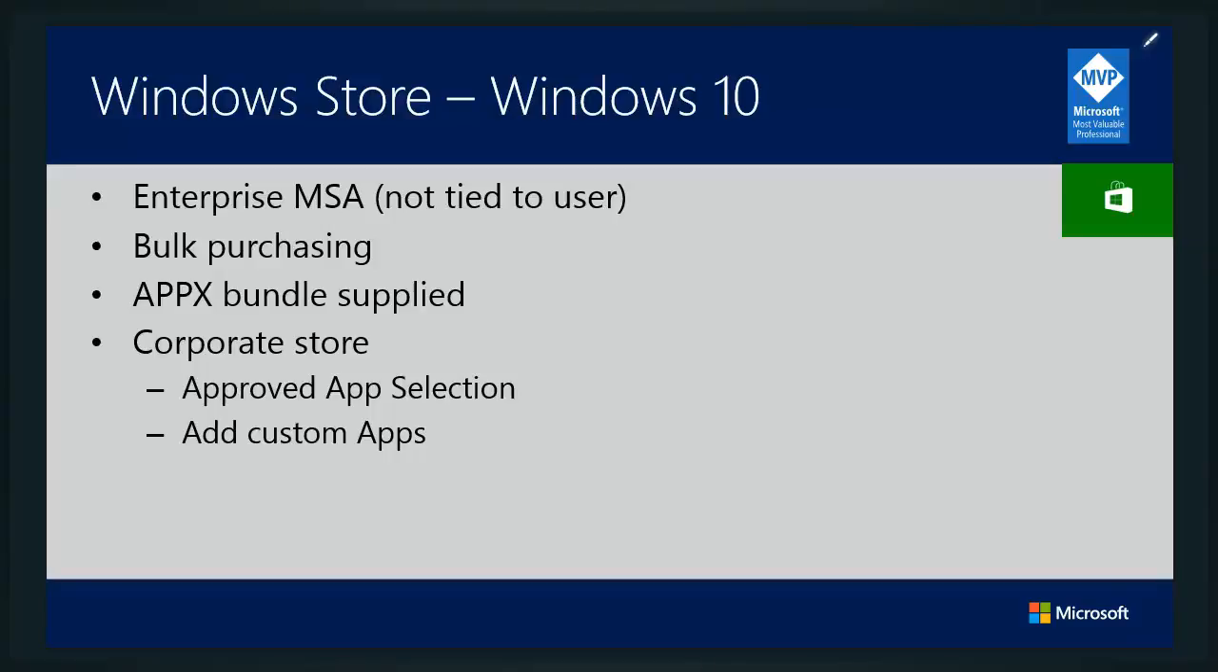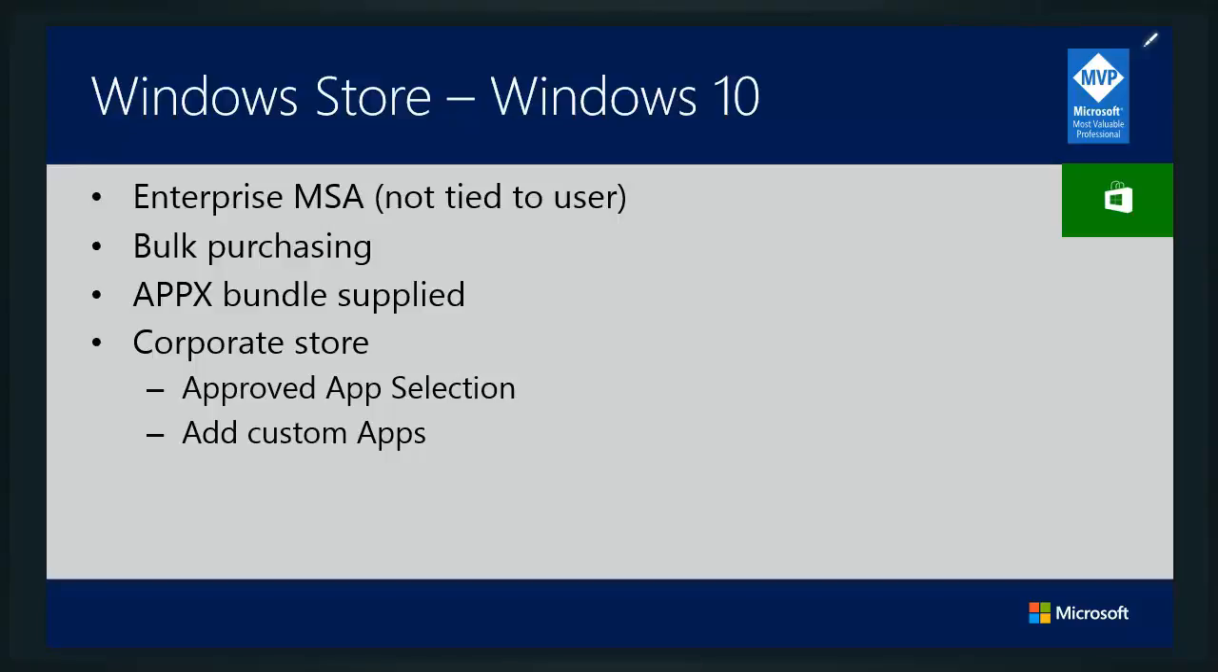We can continue to use that account for access to the Windows Store. We can do bulk purchasing, so I can buy 30,000 copies. I will get the APPX bundle so that I can use Configuration Manager or other tools to deploy it. And one of my favorite new features that I'm really looking forward to is the ability to create a corporate store. What that means is